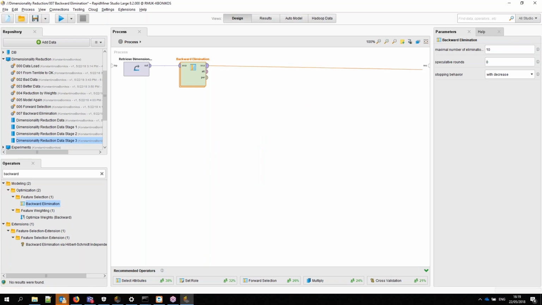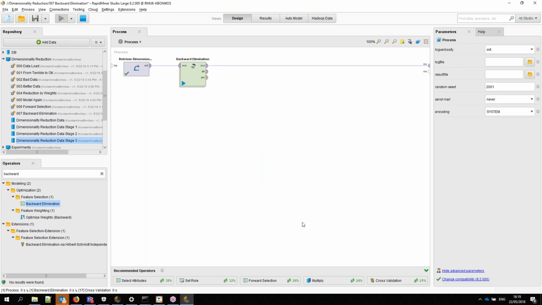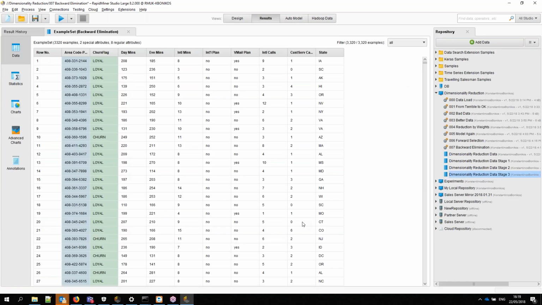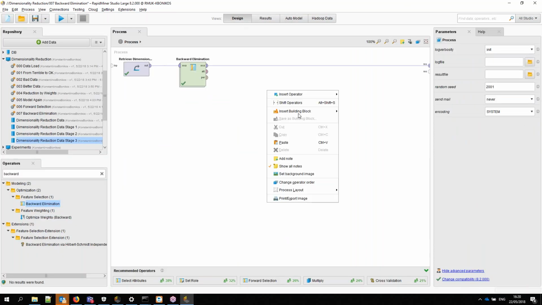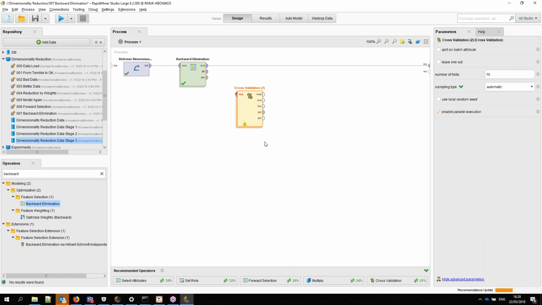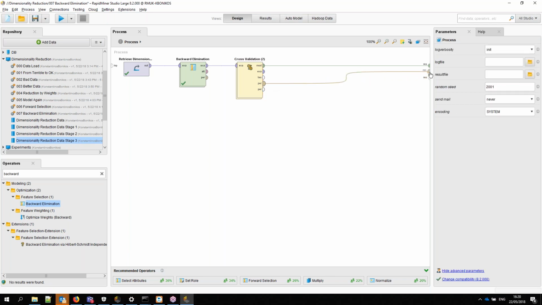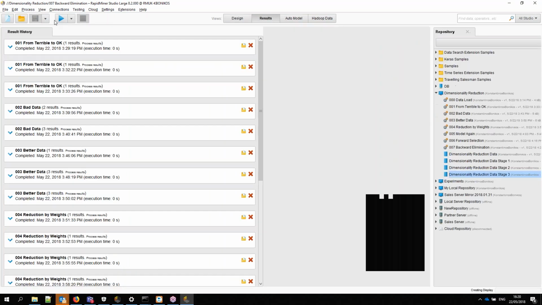So, okay, let's see what this leaves us with. 8 regular attributes. As you can see, because of the approach taken from everything to reducing, we've kept more. So it's possible this will give us better performance. It's possible the performance will be worse because we've left in some noise instead of signal. So let's paste another cross-validation and see what happens. And click save. And see, well,